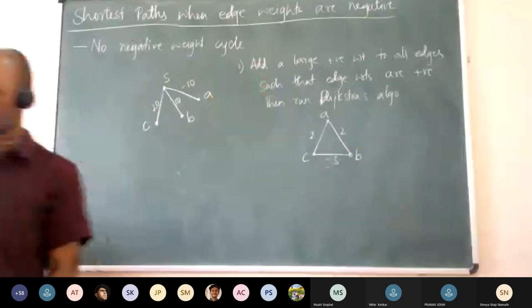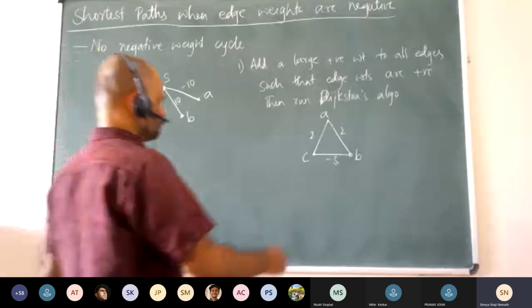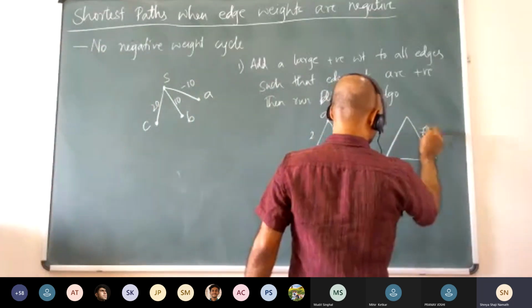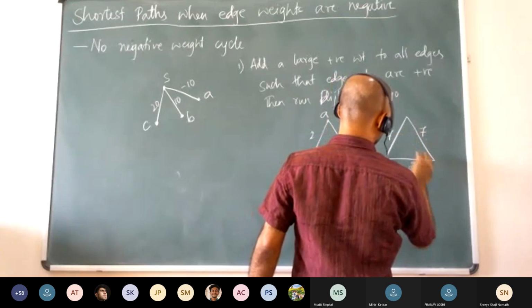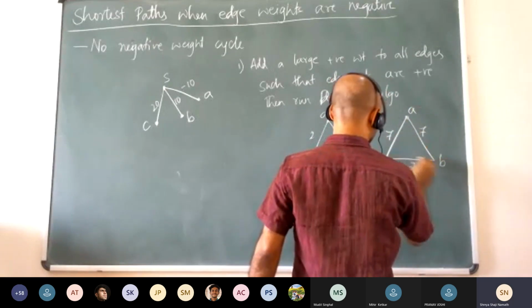Okay, yeah, Shreya, tell me now. Yeah, now suppose you add weight like 5 to each edge and it becomes 7, 7, 2. Yeah, so the shortest paths it would choose would be A to B and A to C, but